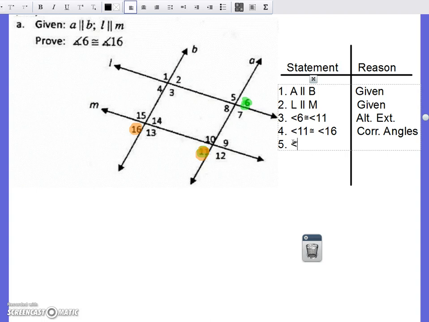angle 6 is congruent to, you guessed it, angle 16. And the reason for that would be that it is a property called transitive property. Transitive property states, in the short version,